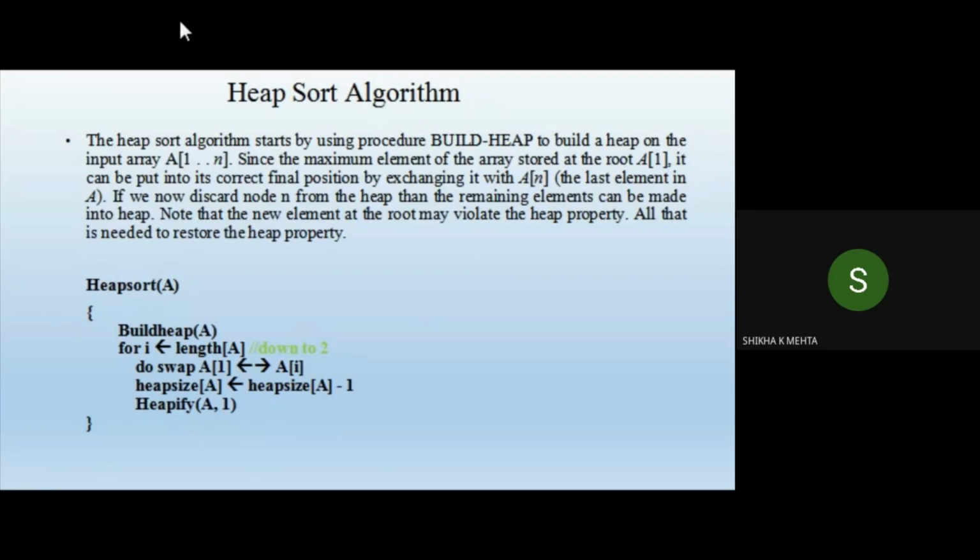So for i equal to length of A, we move from the length of A, from top to bottom, right? So the highest value lies at the bottom and the minimum value lies at the top. When we see the length of the tree, what do we do? We swap, and heap size of A is equal to heap size of A minus 1. So what we are doing here is, after building the heap,